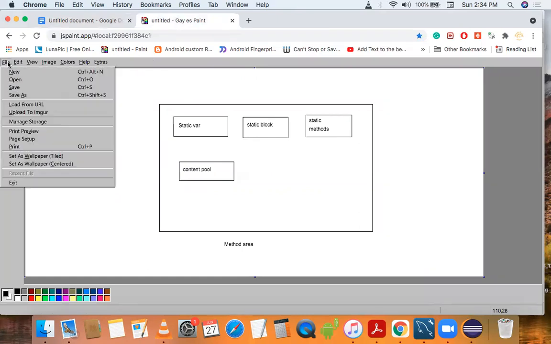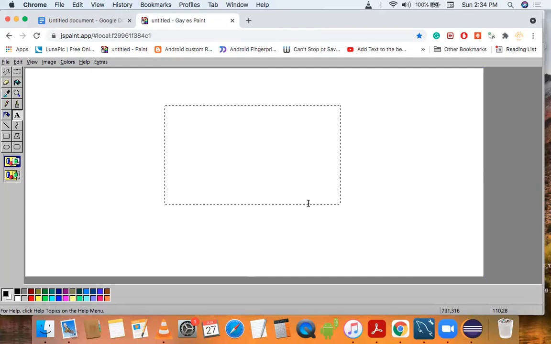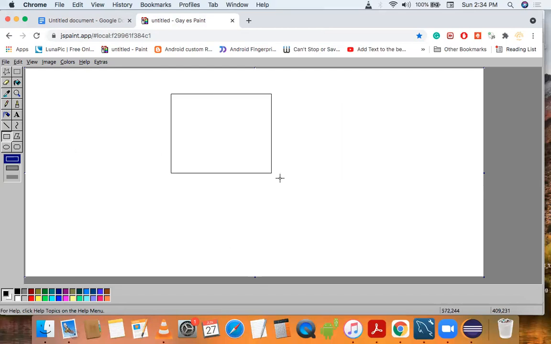So let's understand by a diagram. So suppose this is our heap memory.